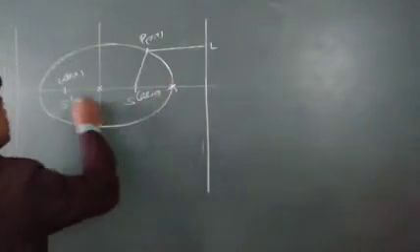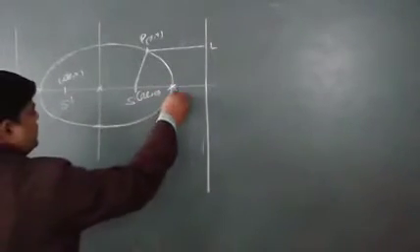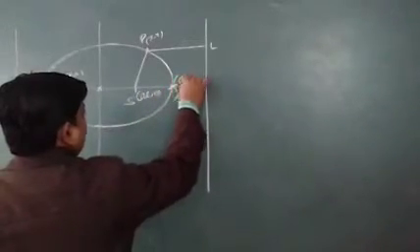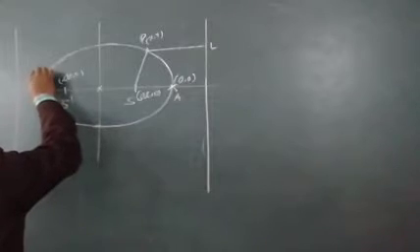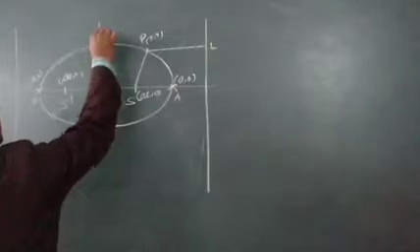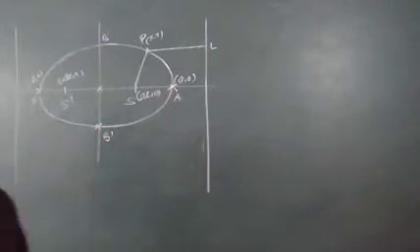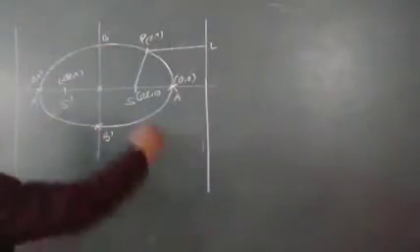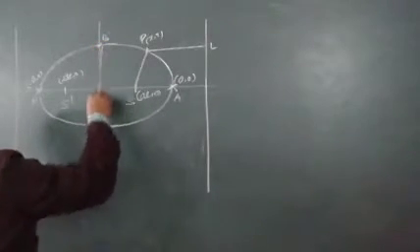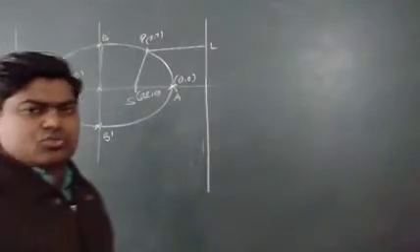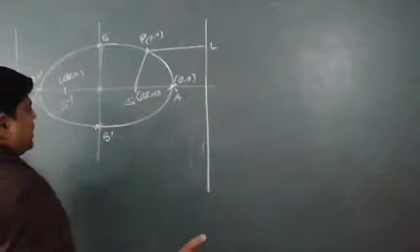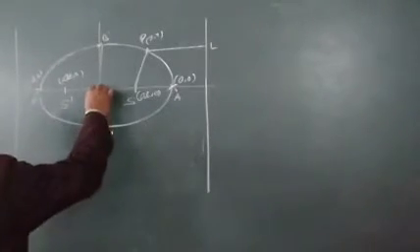These are called the vertices. It is A and it is A dash. The vertices are (a, 0) and this one is (minus a, 0). If I take this one, it is B dash, and this is B. So B dash B will be called the minor axis, and the coordinates of these are (0, b) and (0, minus b). The coordinates are not required, but the length of this minor axis will be required, that is 2b, and the length of this major axis will be 2a. That I'll discuss, don't worry.